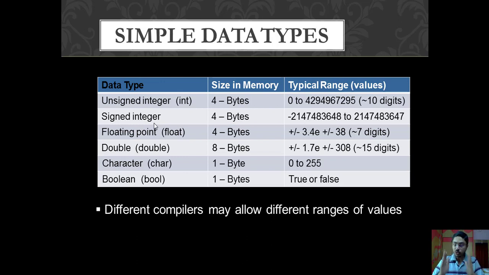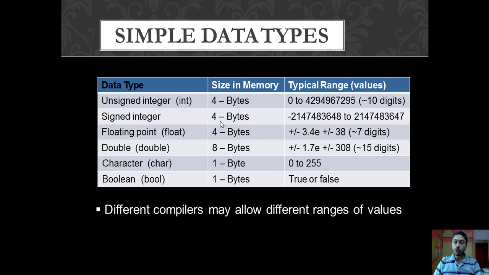By default, when you use integer without any specific prefix, then that is a signed integer. Signed integer is nothing but when you can have ranges from negative to positive. Both ranges you can cover over here. And it covers 4 bytes in the memory, and depending upon that, you have a range over here. So this range comprises the negative numbers to the positive numbers.